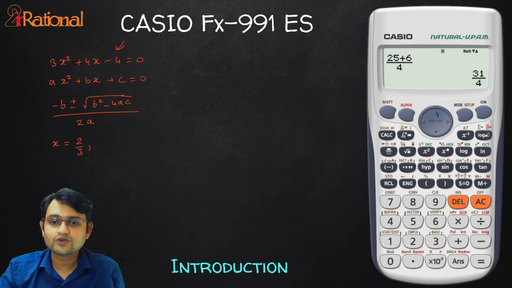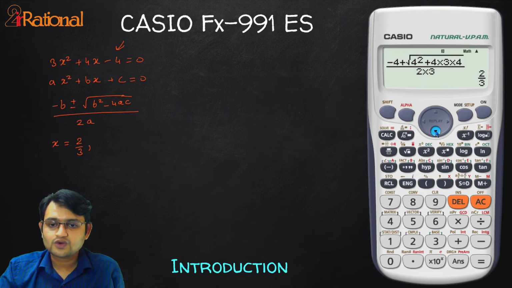If I press up arrow key again, it will go to the previous equation before that. Up arrow key, it goes to the previous equation. I'll go down because I want this equation. I want to edit it. To edit it, I'll press any of these side arrow keys. You can see the cursor is on the equation.